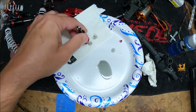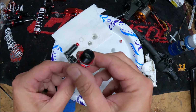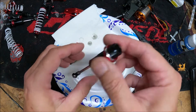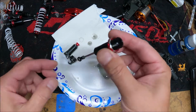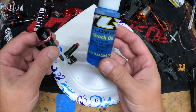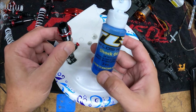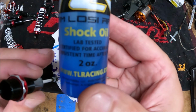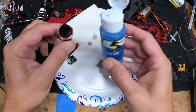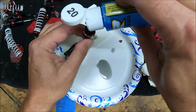Try to pump out as much of the oil as I can. Feels real smooth. There's no grit or anything inside. So you want to extend the shock all the way. And then I'm using low C 20 weight shock oil. It's lab tested. I don't know what that means. But like I said, this isn't a high performance vehicle, so